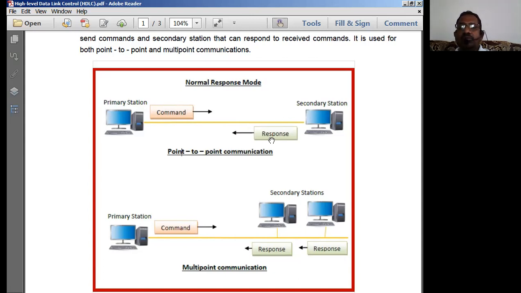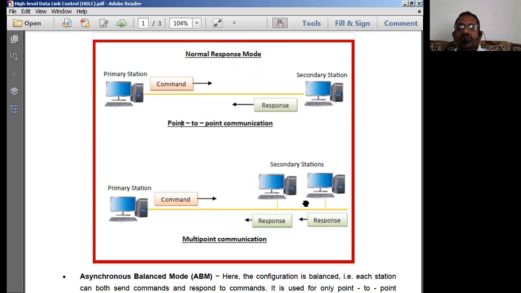Then we expect responses from the secondary to the primary by using poll select signals. First, the primary station selects the secondary station in the case of multi-point communication. Then it polls the secondary for responses if the secondary is ready. This is what we discussed in poll select.